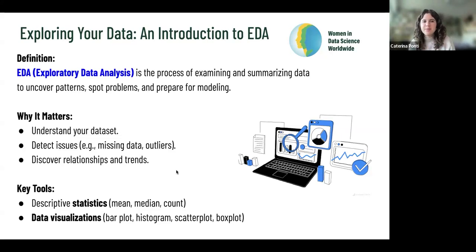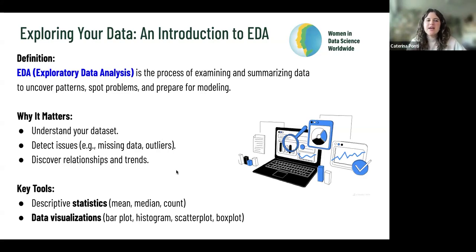The third reason why EDA is important is to discover relationships and trends. EDA helps determine how predictors relate to outcomes, which informs feature selection. Plots might show that hyperactivity, for example, this is just an example, by looking at visualizations, you can discover that maybe hyperactivity scores are strongly associated with ADHD, while, for example, parenting style has less impact. This is just an example to explain why EDA is so important.